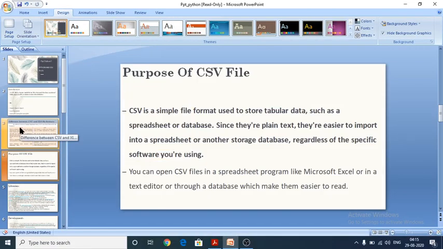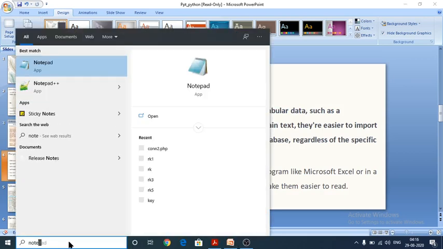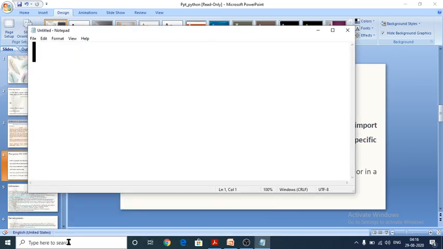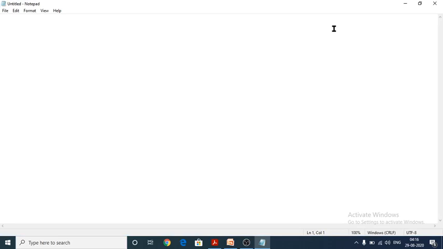To create a CSV file using Notepad, you have to open Notepad on your desktop. Here, first we have to give fields, which means names of the fields. I am going to give name, standard and section.